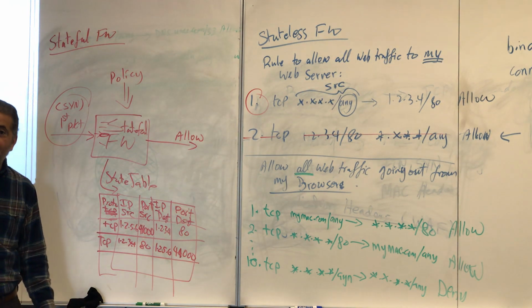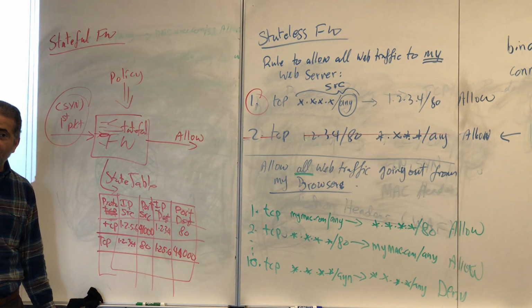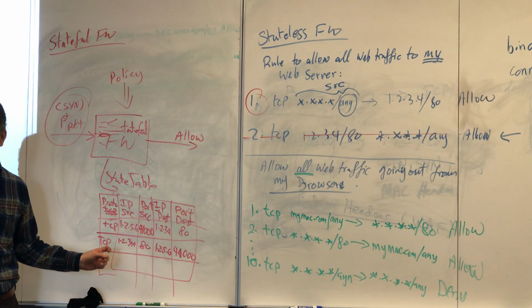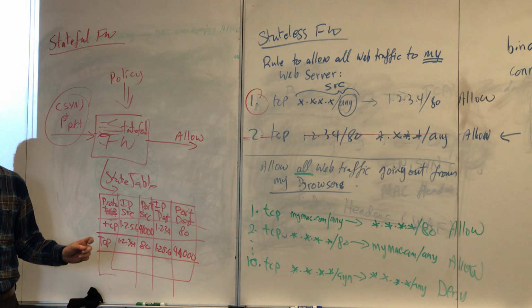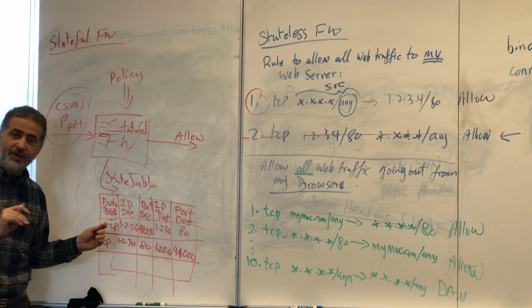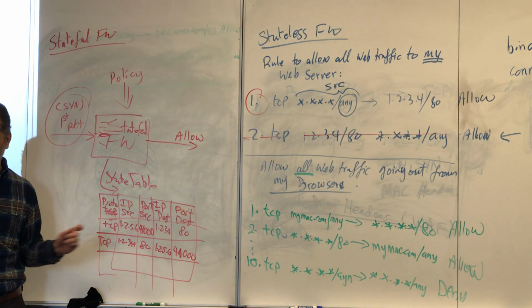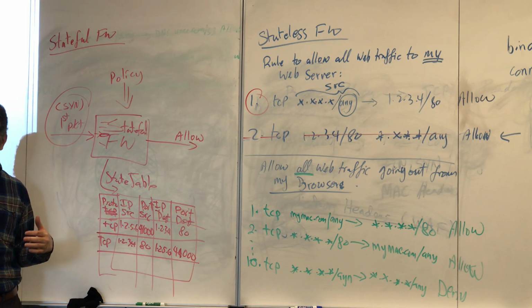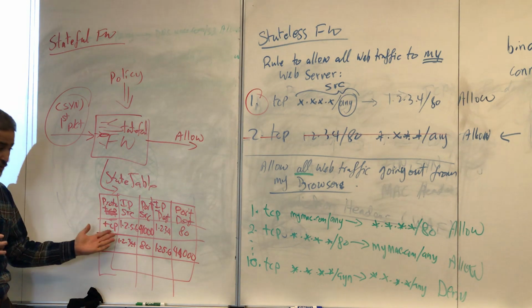But there's another advantage. If you see it and you tell me without me telling you what it is, you're going to get an extra point. Okay, there's another advantage of this, beside that you don't have to identify the reverse traffic. What is it? It's faster. No, it logs it. It's not faster actually, because you go to the table.